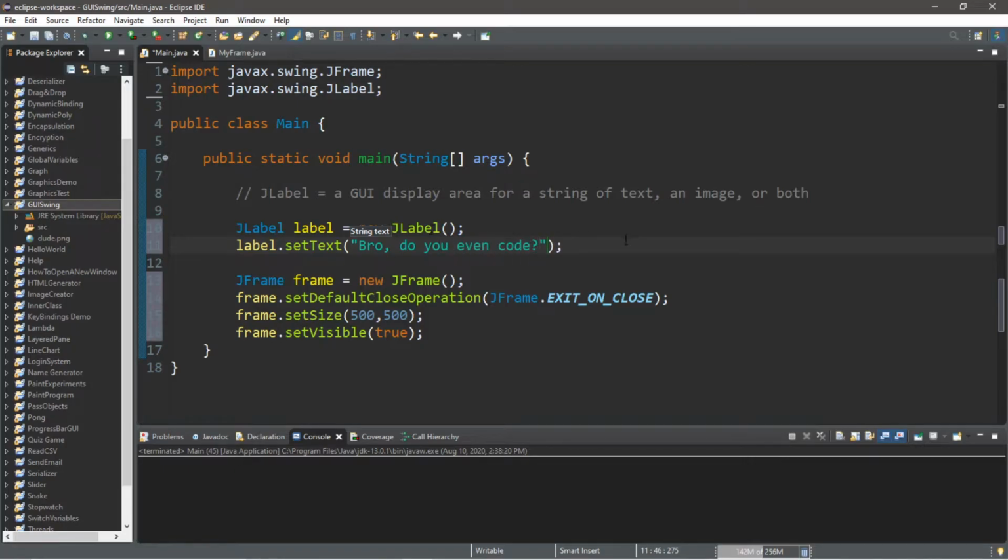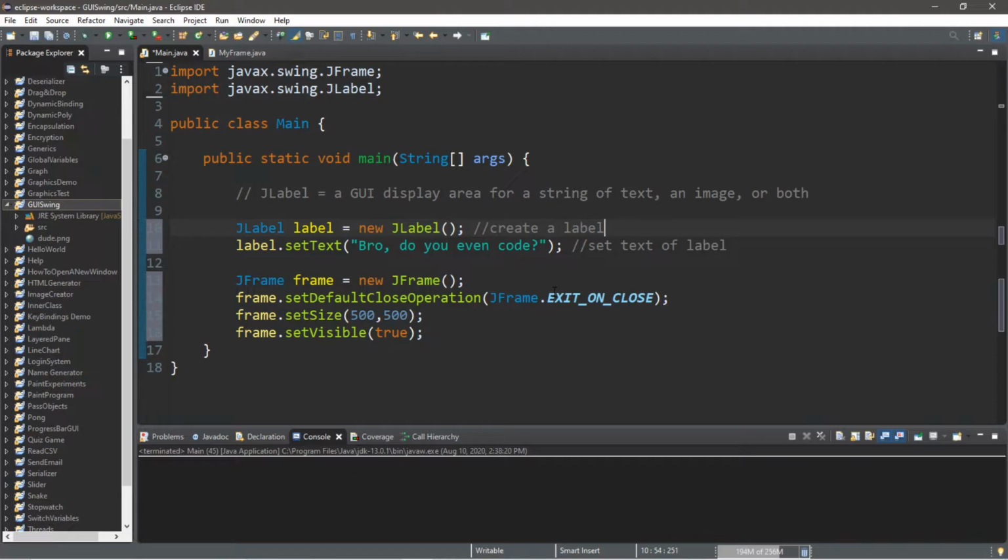So there's two different ways that you can set text for a label. You can either use the setText method. Otherwise, let's say that we delete this. When you create an instance of your label, you can just pass in some text like this. But I'll just do this on a different line for now, just for teaching purposes. So what this will do is set the text of the label, and this will create a label.